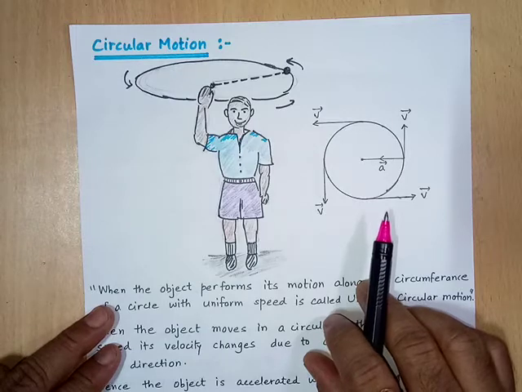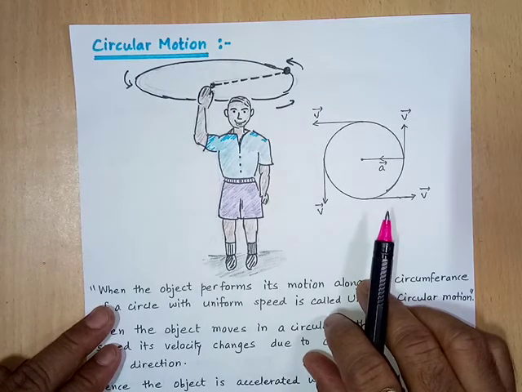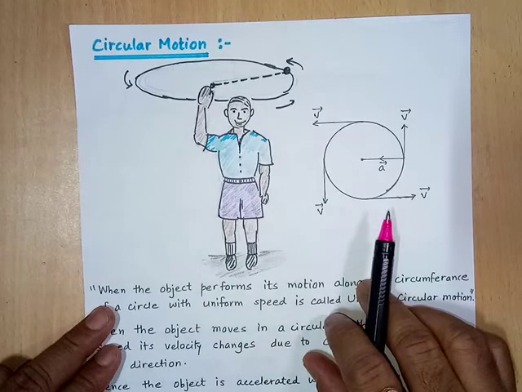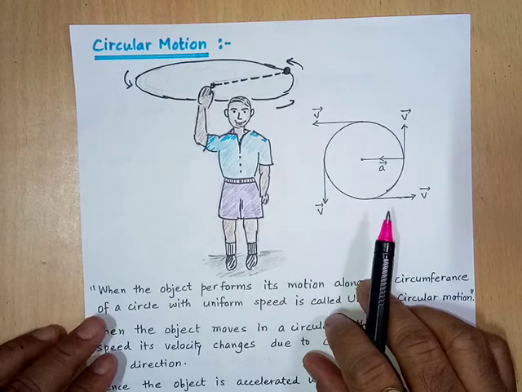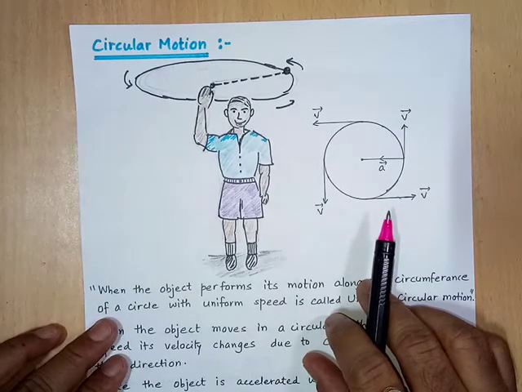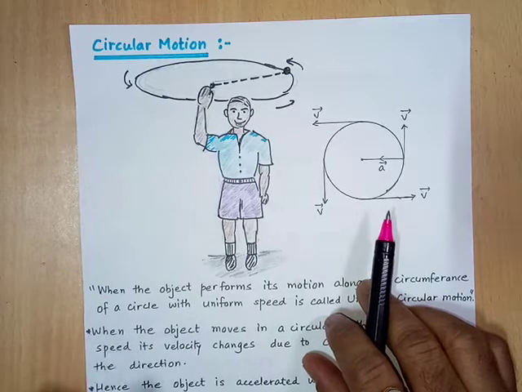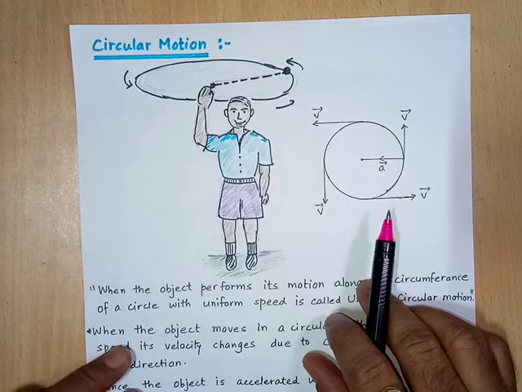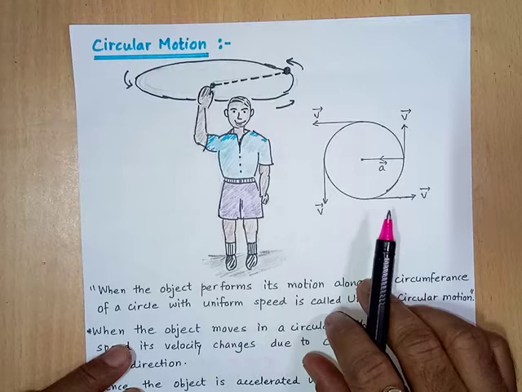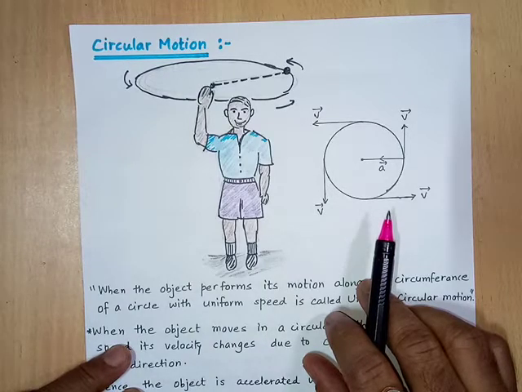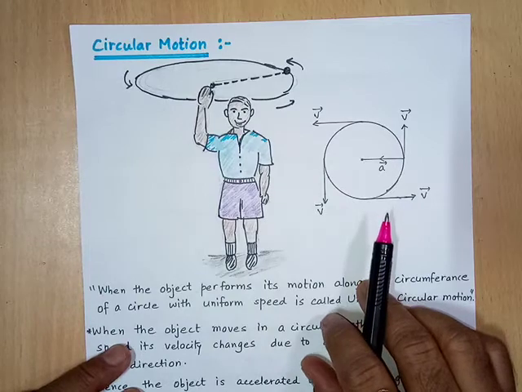Let me give you some examples so that you can easily understand that this is a circular motion. Suppose a satellite is revolving around the earth, or suppose a cyclist is there who is cycling his cycle in a circular track. So the motion of the cyclist or the motion of the satellite around the earth, those motions are considered as the circular motion. Here also I have tried to show this particular